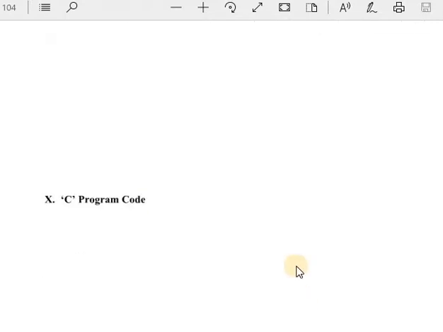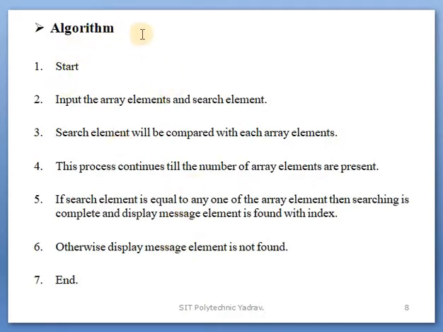Okay, the algorithm. What is an algorithm? You all already know, but some students have transferred to the branch, or joined directly in second year, so they do not know. So I am repeating it. An algorithm is the stepwise procedure for any problem. Means when any problem is in front of you, you write how that problem will be solved in stepwise steps, and those steps are known as the algorithm.